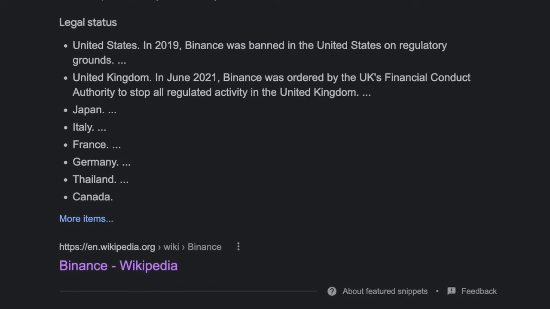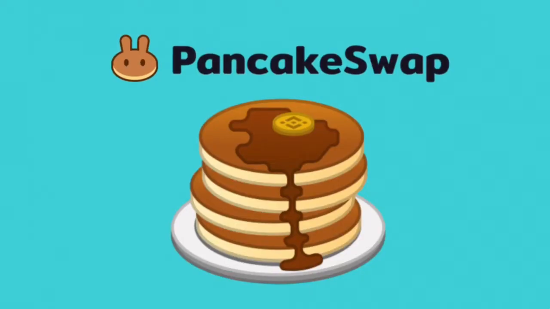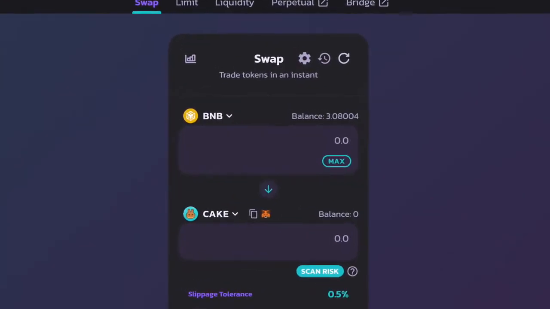With exchanges banning countries all around the world, it's only a matter of time before your favorite exchange bans your country. Fortunately, with decentralized applications like PancakeSwap, you can trade one currency for another without permissions, without KYC, and without even any signups. So, it's worth learning about the world of DeFi because it's only a matter of time before